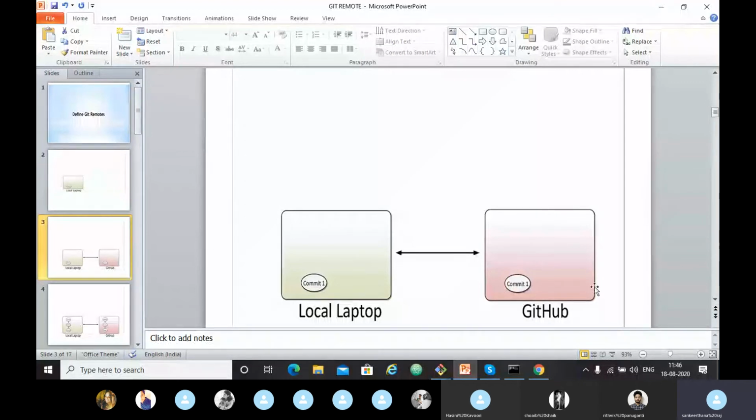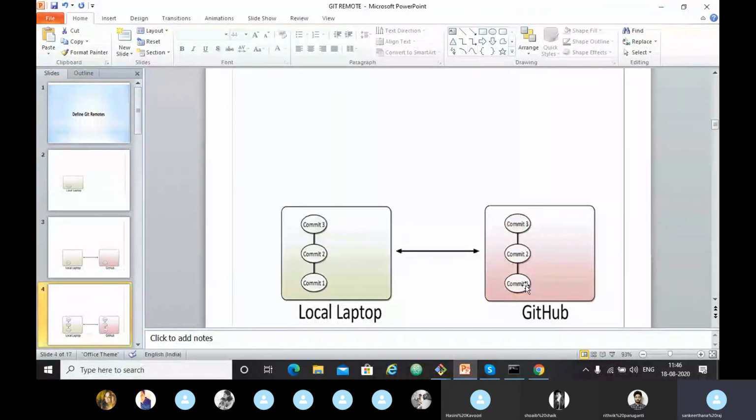From the perspective of GitHub, the local laptop is your repository, where you will have every file you have in GitHub. So both have the same files, but the difference is you have the local laptop as one repository and GitHub as another repository.